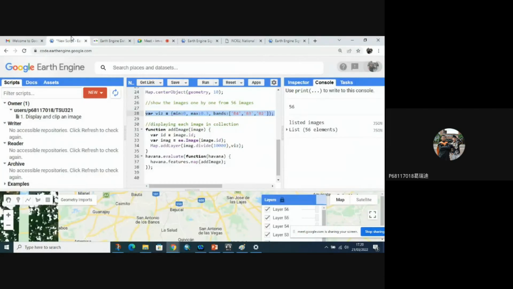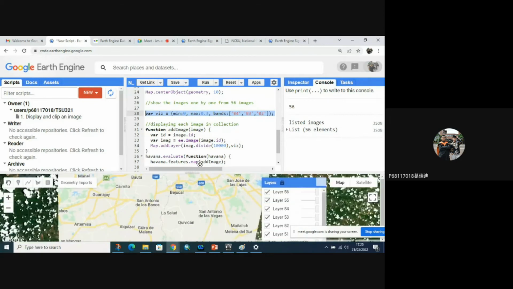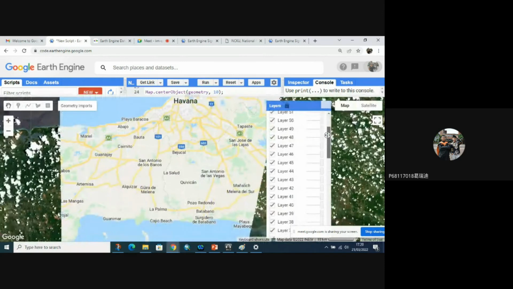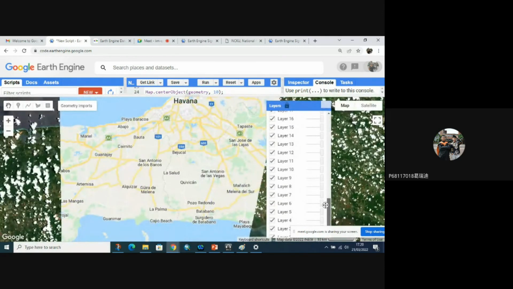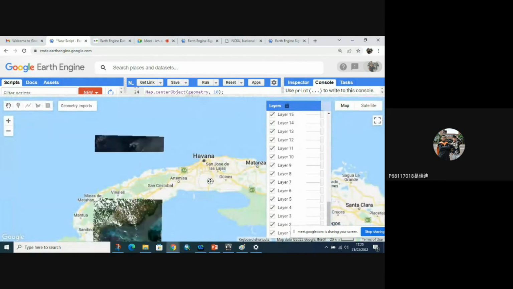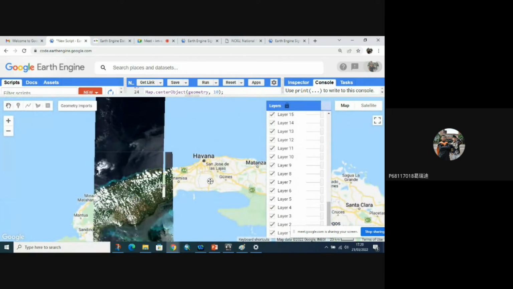Make sure the visual parameter is above this function, because it will read the visual parameter first and run the code after that. So see, this one is the 56 images already added. This is how to composite the images respectively, one by one, from the image collection.